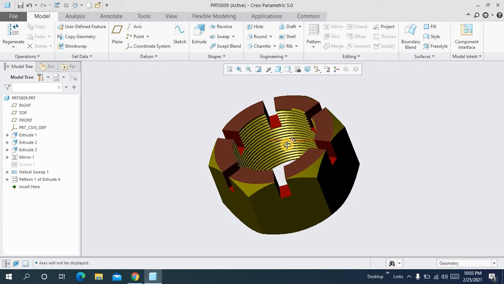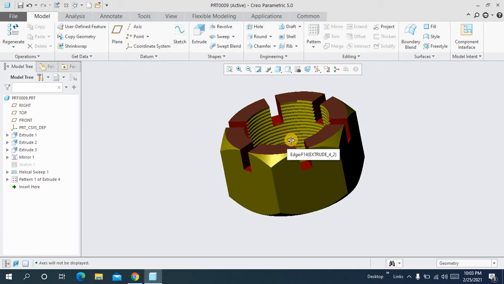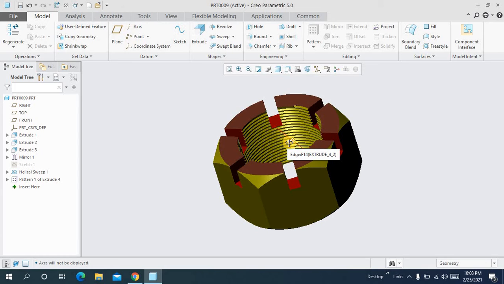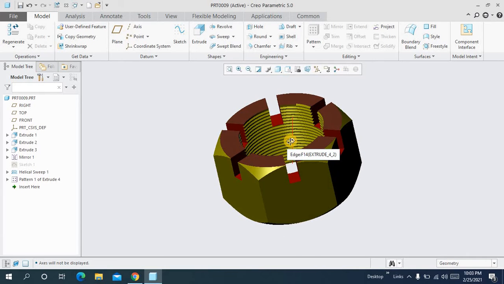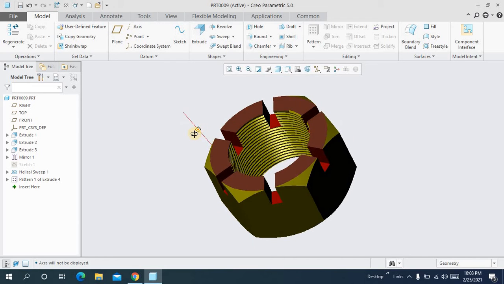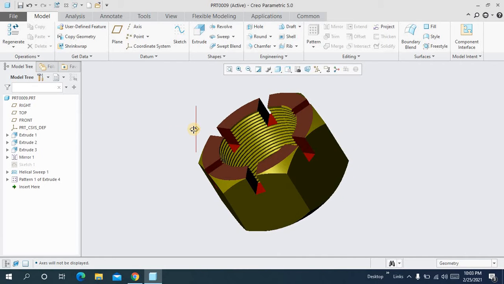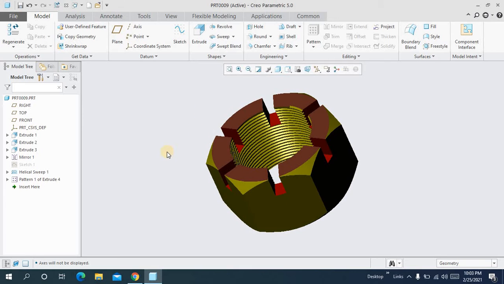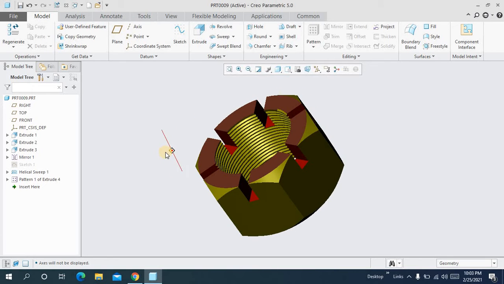In this short tutorial, I will show you how to model this slotted nut inside the Creo Parametric. Now to model this nut inside the Creo Parametric,